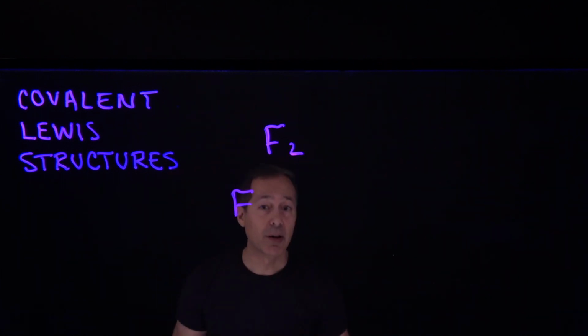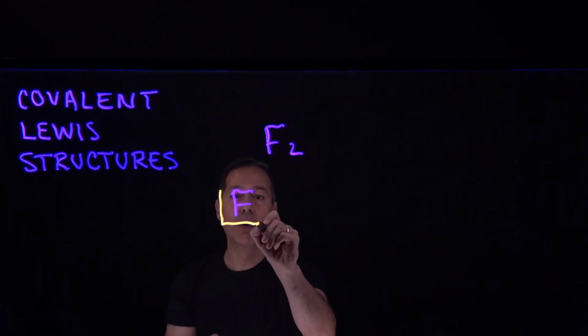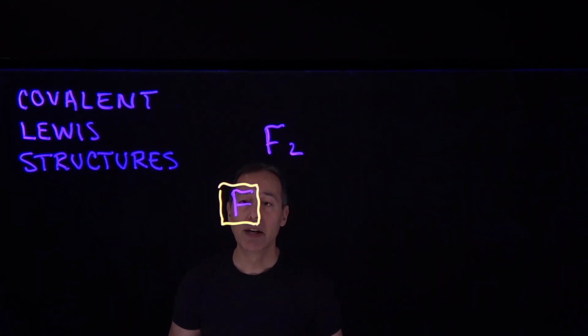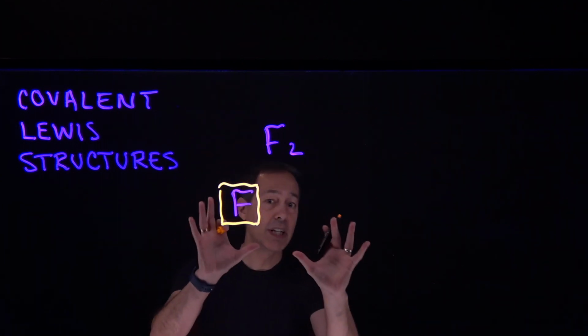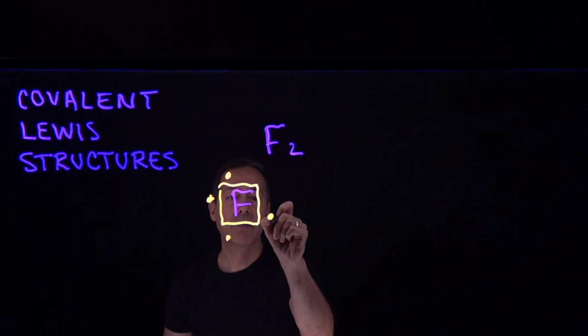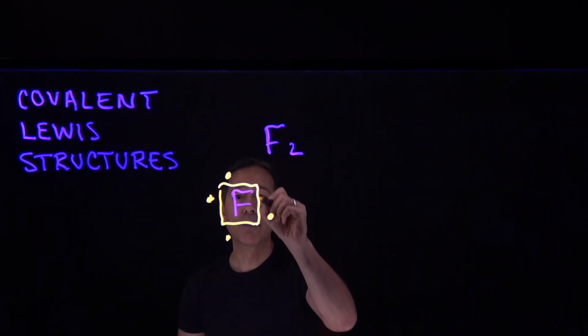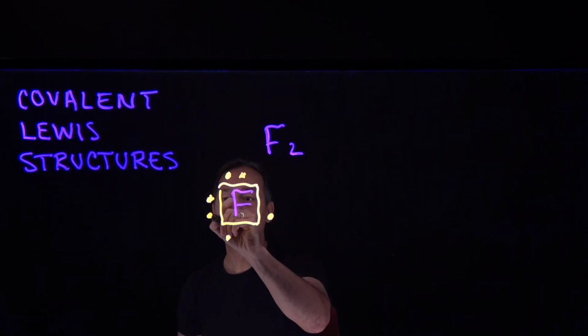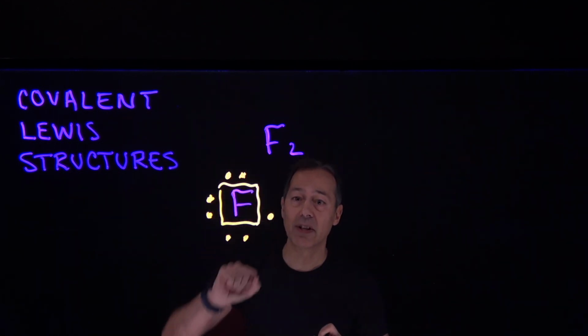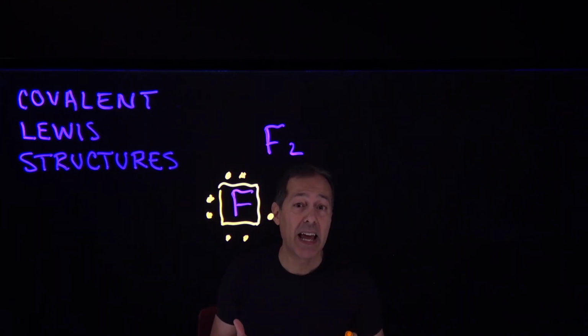And I'm going to draw those around the fluorine atom here. And if we imagine there's an imaginary box around this fluorine atom like this, and as we draw those 7 valence electrons, I'm going to put one dot around each side of the box. I'm going to go 1, 2, 3, 4. And then now I've run out of sides. I'm going to have to double up here. And so I'm going to go 4, 5, 6, 7, like this. So 7 valence electrons. And to be stable, atoms tend to have 8 electrons in their outermost shell, 8 valence